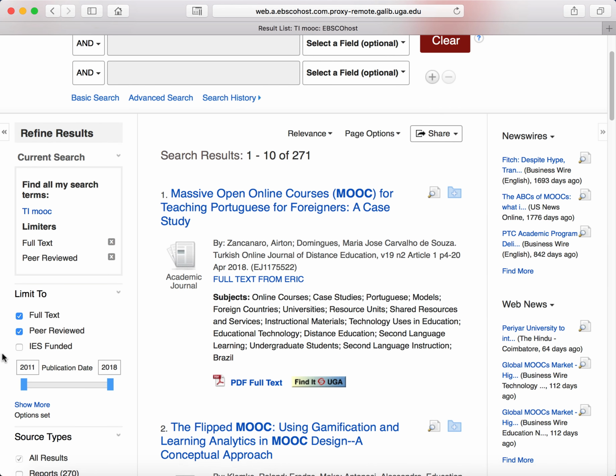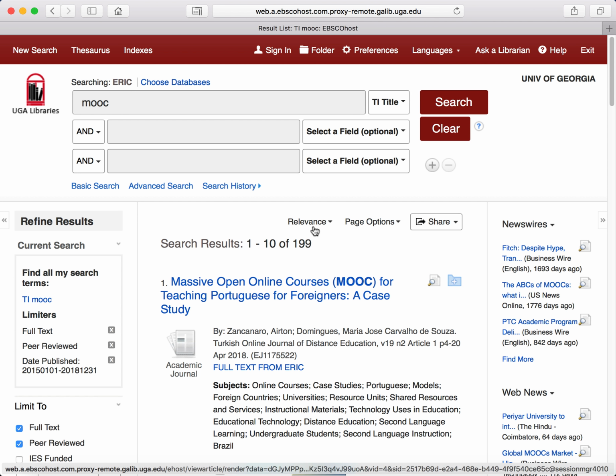Other things I can do. Well, let's see here. MOOCs are pretty current, but you can see publication date, and you might recall my recommendation is to choose the last 3 years, so that you have really the most current research that you are considering in your RDA and also in your project. And notice how that brought it down to